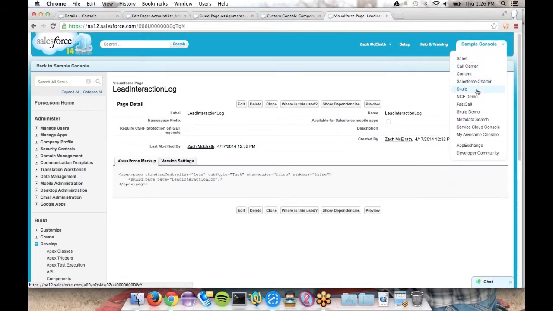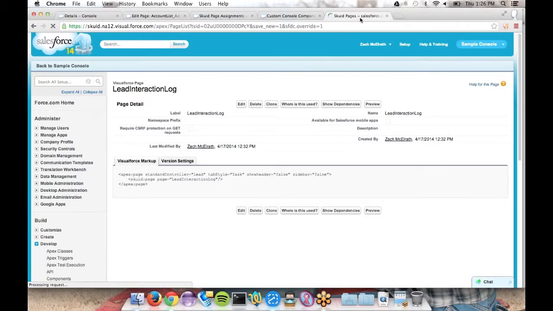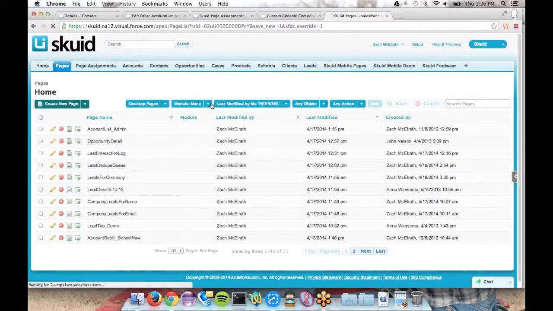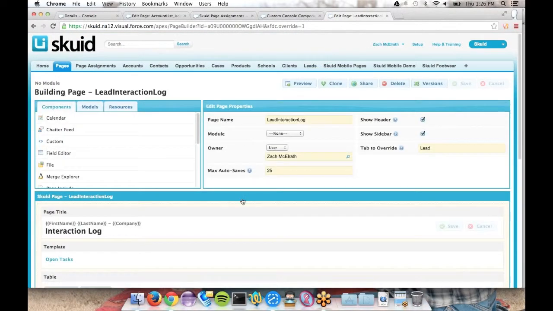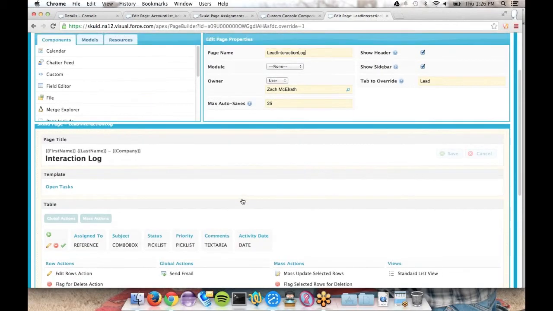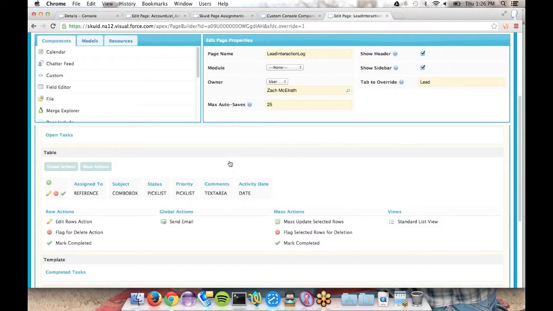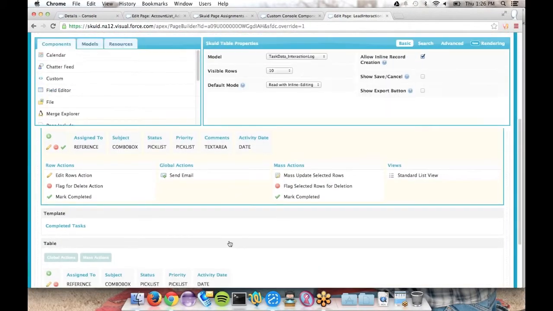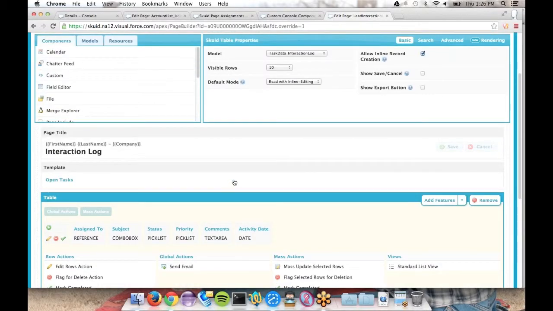So I could then go to Squid and define a page which would do something like this. Maybe it would let you record multiple tasks at once in a table view, see completed tasks, and maybe let you interact with the record as well. So what you're getting there is the ability to have some Squid functionality, but not have to completely override your detail view. So that's one reason why you might want to do that.